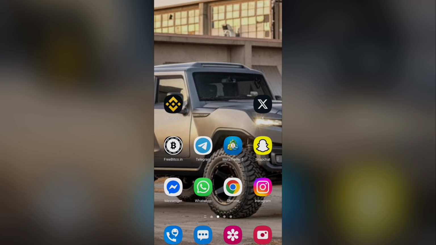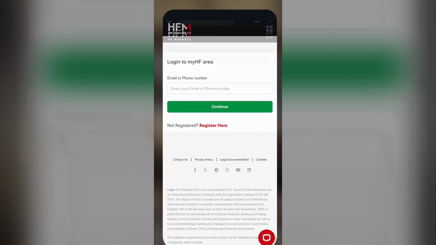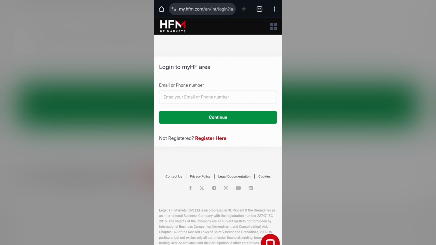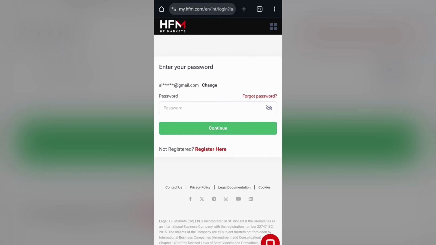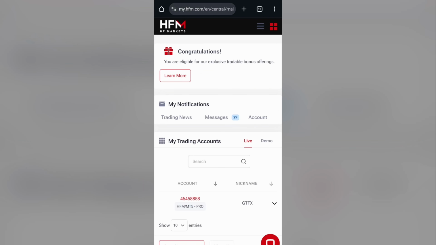So when you're on your phone, the first thing you're going to want to do is open the broker's website. So you go to Chrome, search for the broker. Like me, I already have it up. So we just log in. Great. So now that you are in your account with the broker, the first thing you're going to want to